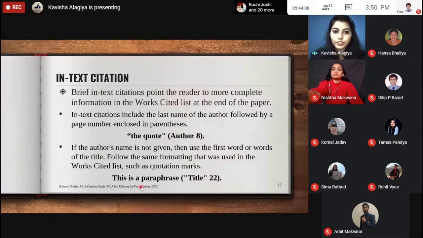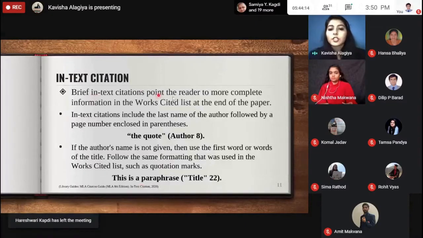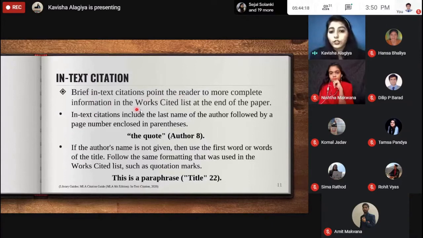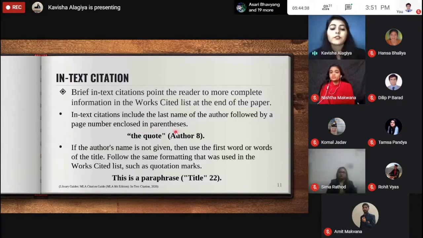Now, in-text citation again. How can we mention in-text citation? Brief in-text citations point the reader to more complete information in the works cited list at the end of the paper. So we usually follow this method of in-text citation, and then we go for the list of all references. In-text citations include the last name of the author followed by a page number enclosed in parentheses. We are going to